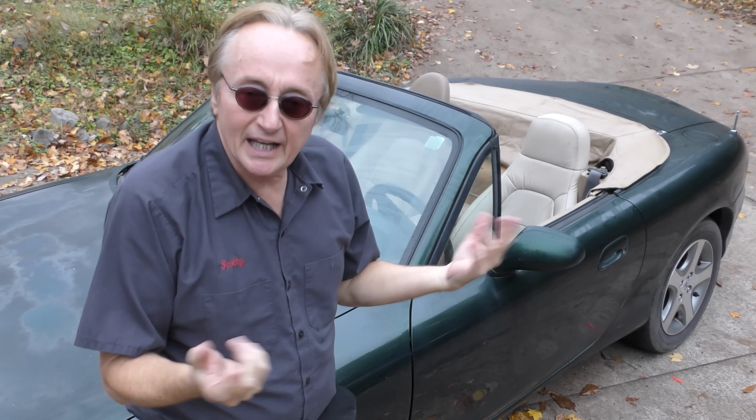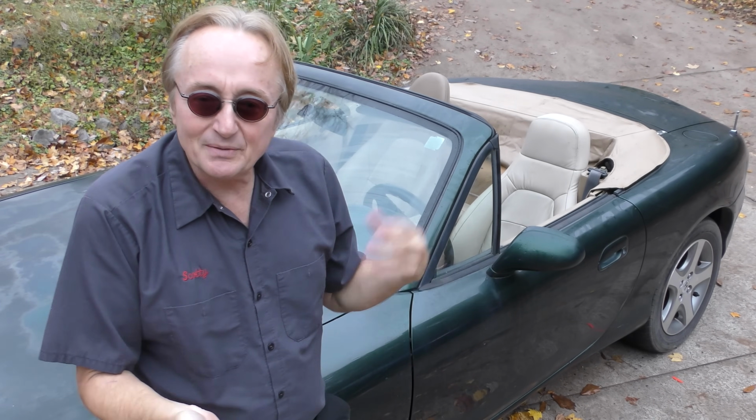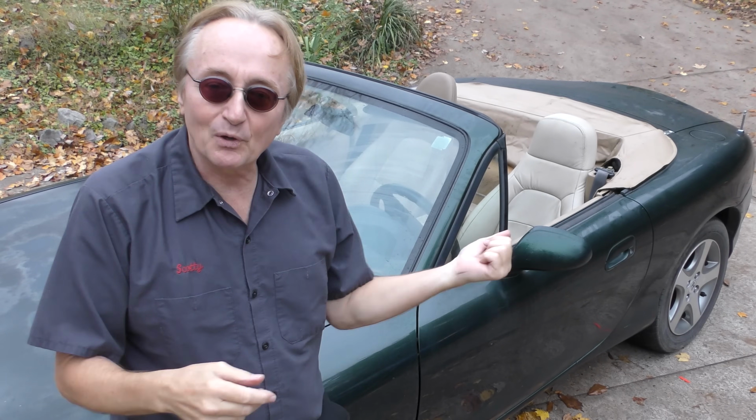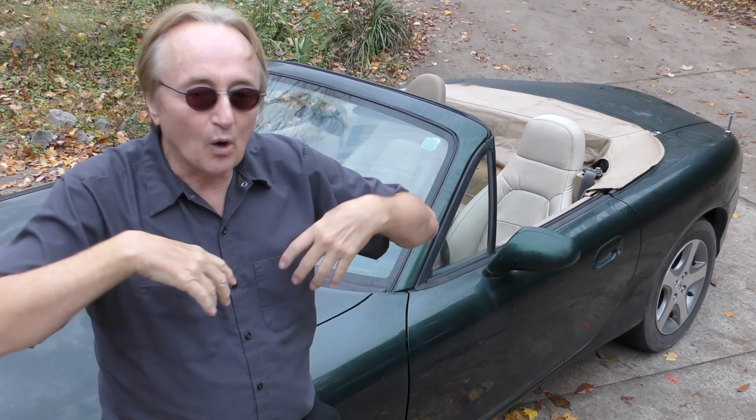Now, so much for those naysayers that say, oh, the Mazda Miatas, they're girly cars, they don't have enough power. Hey, for the weight of these things, they have plenty of power. Yeah, they're not high end, they don't go a zillion miles an hour, but they're a lot of fun to